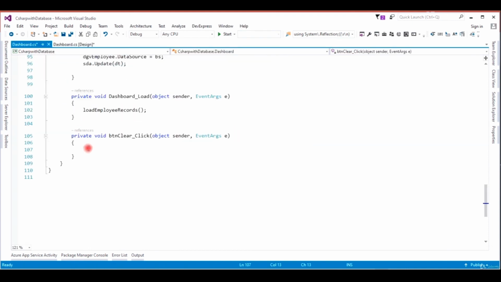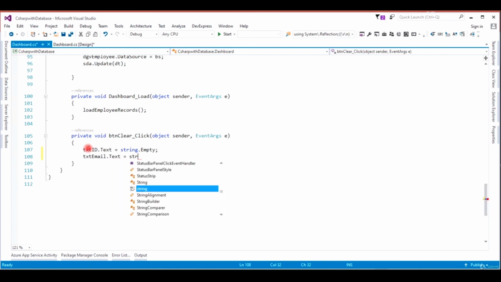I start by txtId.Text is equal to string.Empty. You can also say txtId.Text equals a double quote, that one too works, so whichever way you are comfortable with, it's okay. Next, txtEmail.Text is equal to